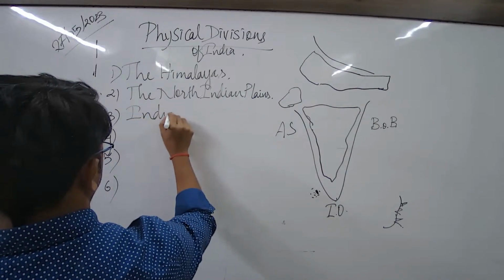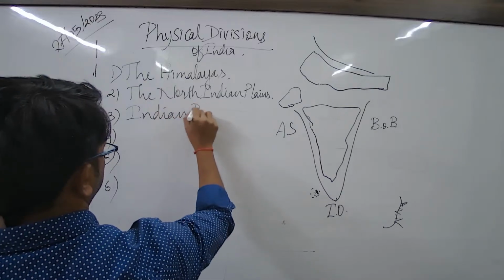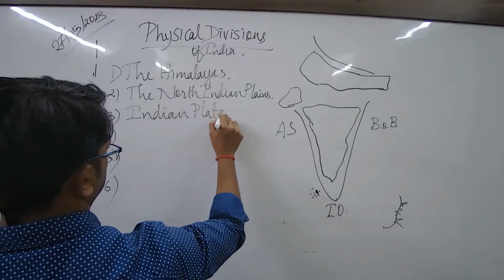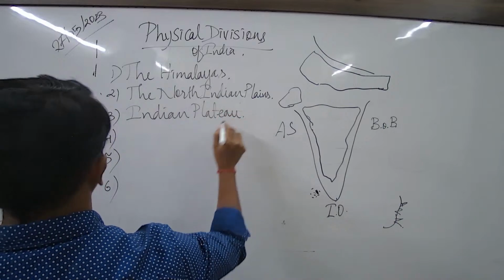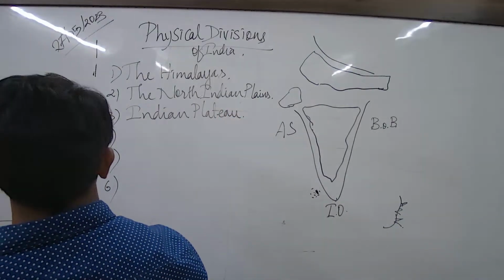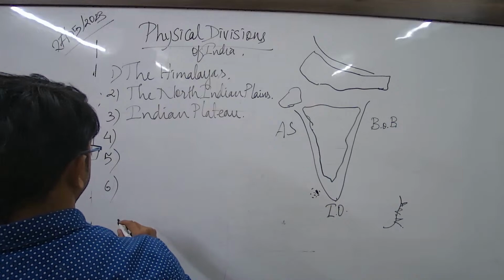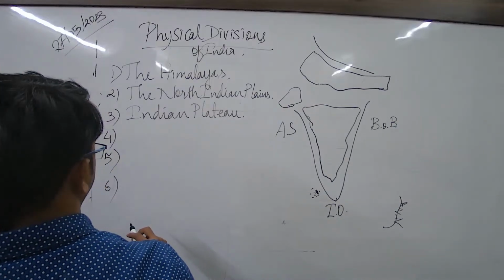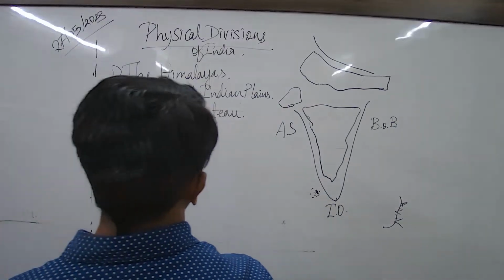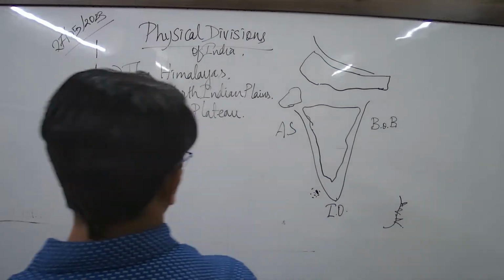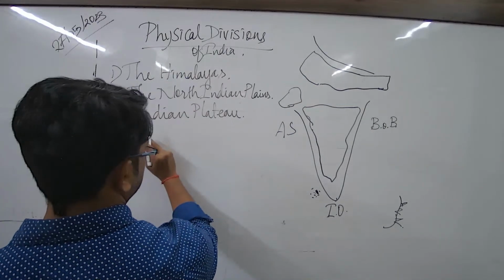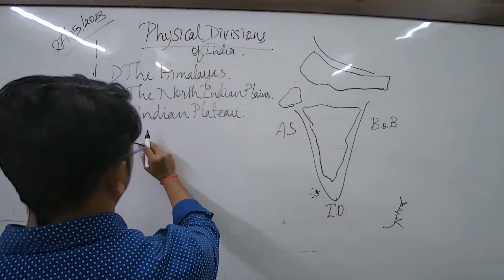The three resources which a modern farmer uses on his farm, we can say machinery, pesticides. Come again, three resources that a modern farmer is likely to use on his farm. So you can say fertilizer, pesticide, machinery. Yes, done. That's it. Indian plateau.